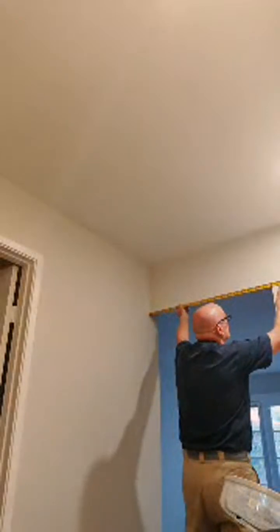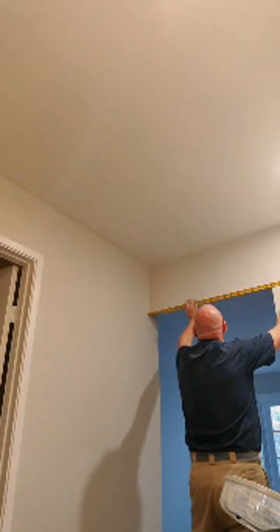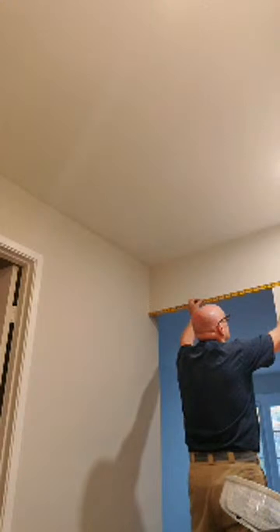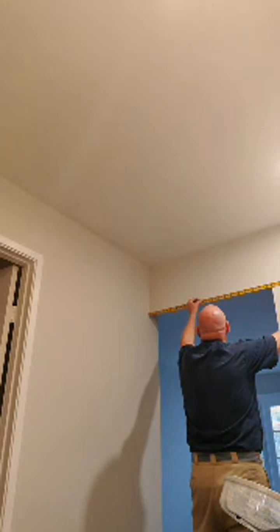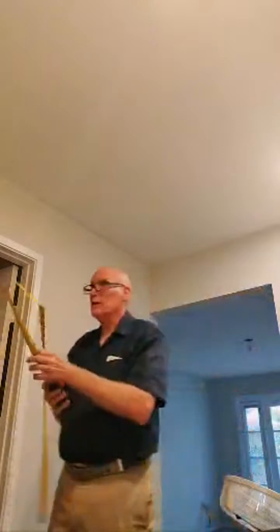So this opening is 39 inches, 38 and a half, so the center is 19 and a half. So 19 and a half from this wall. Now the other opening,